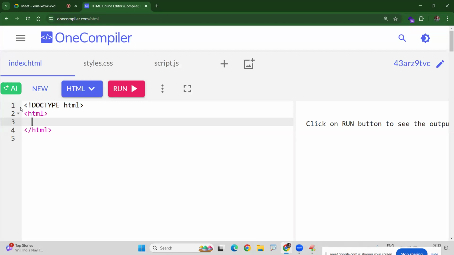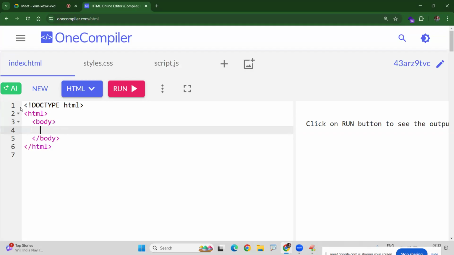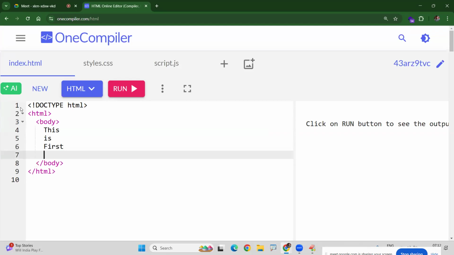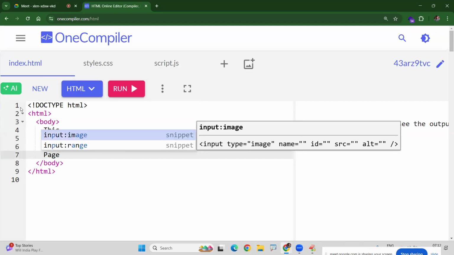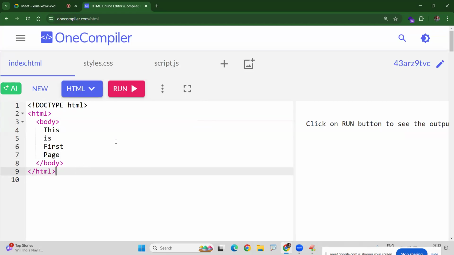I don't want to write any information in the head section, so directly I'm writing the body section first. I'll explain a few examples initially. Here it is. This is the first page I'm writing. When you run this code,